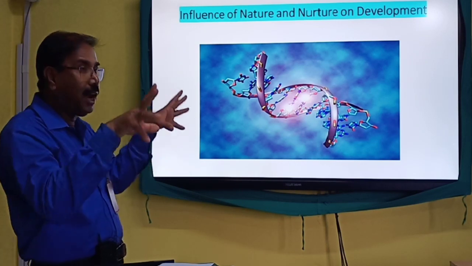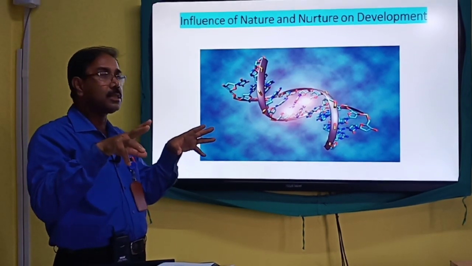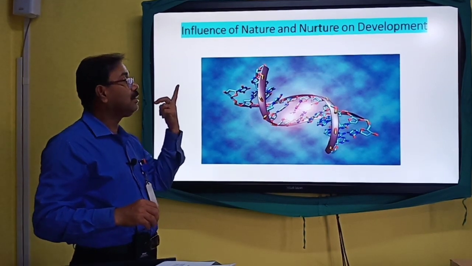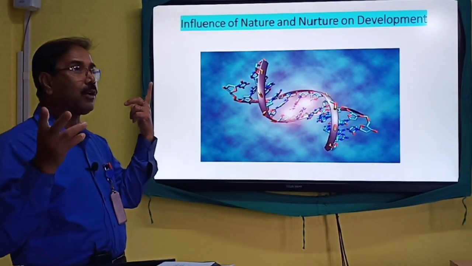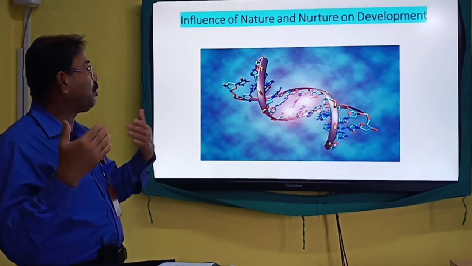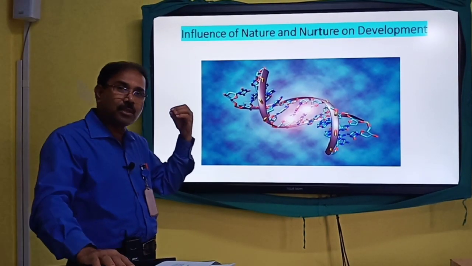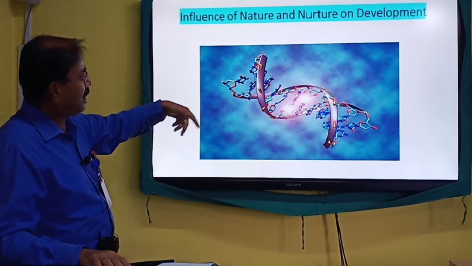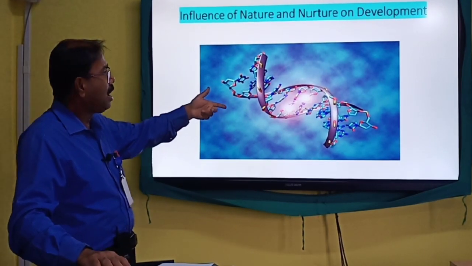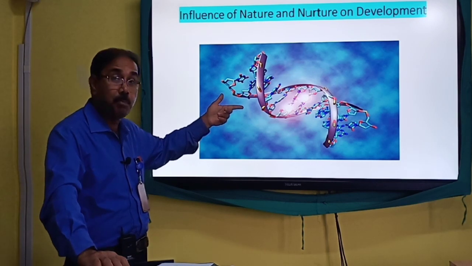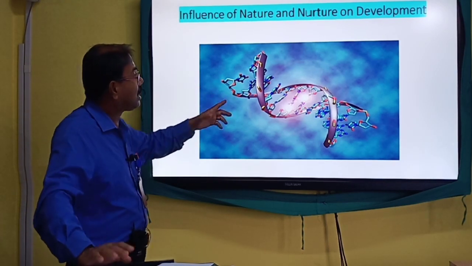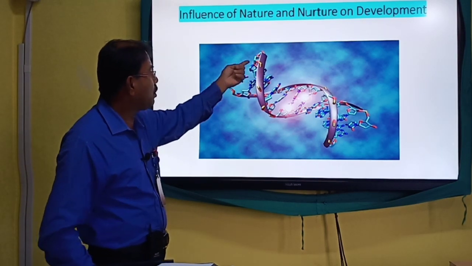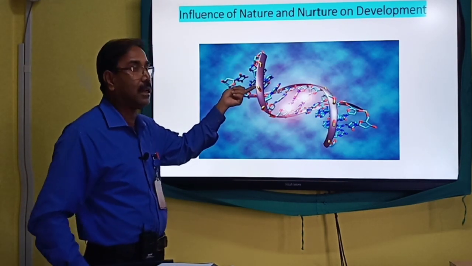And so far as your behavior is concerned, if you are right or if you are wrong, if you say good things, if you say bad things, these are because of the influence of your own environment. So friends, this is how development takes place. This is a very important diagram where these are genetic capabilities, and these are covered by the environmental segments